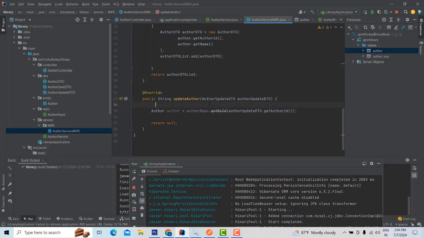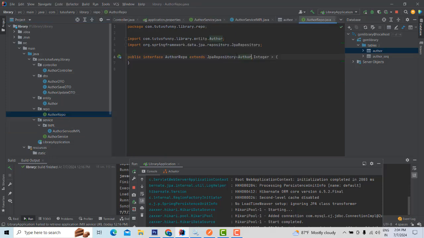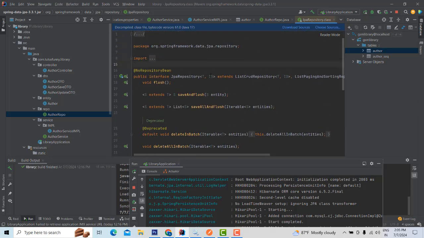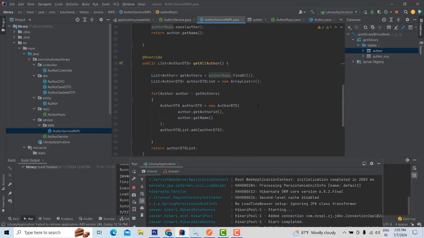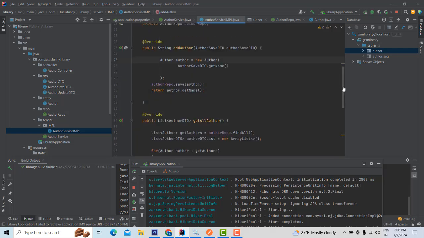Okay, it's nothing but a repo. The repo means this repo here. These are all SQL queries. If you hold the shift and control key down and click on this JPA repository, you will be able to see all these SQL methods here. You no need to write anything else. You just implement this one, it takes care of it. Right? So after that, what you're going to do here, you have to write